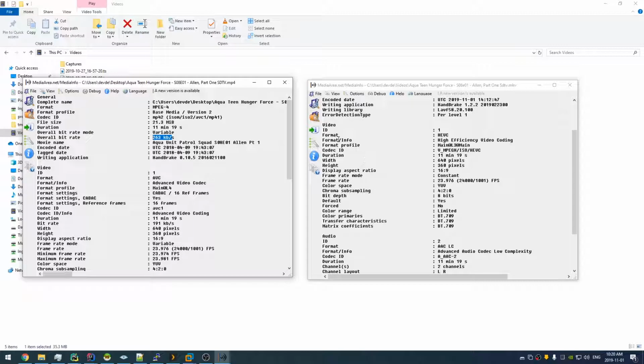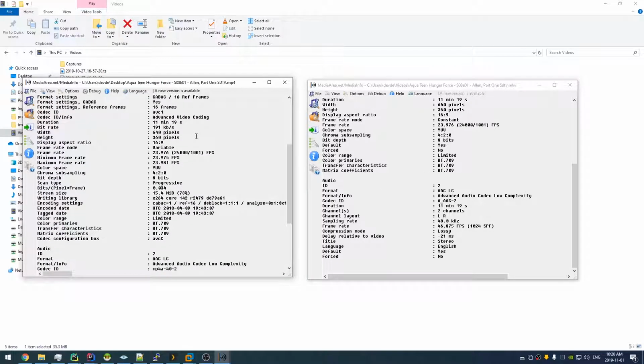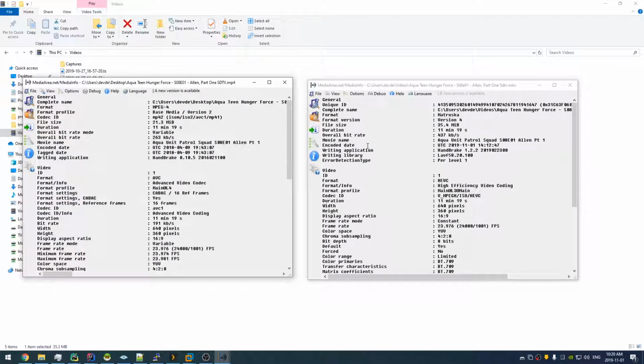So has the audio, 66.2, and this brings it up to 320, I believe. I don't know why it's not listing that here. But anyways, one of the bigger issues that I'm having is the bitrate seems to go up with H.265, which isn't such a big issue because I really want the quality to remain here, especially since this is such a low file size. The bigger issue is that sometimes when you get low quality, I'll just show you, when you